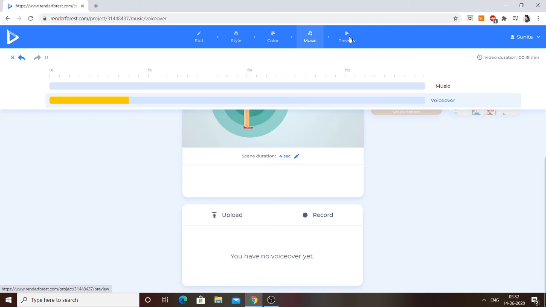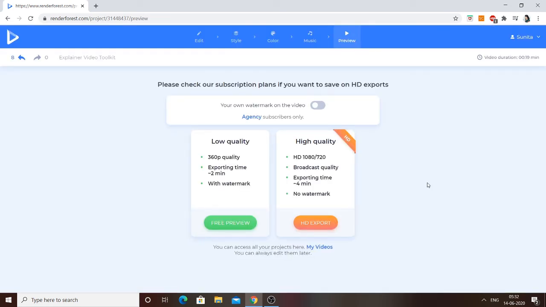You can go to the preview. You can see free preview.